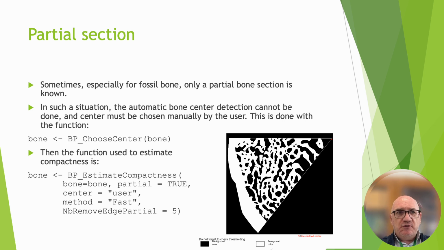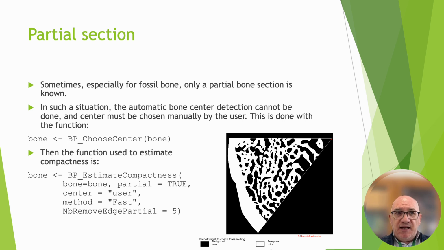In such a situation, the automatic bone center detection cannot be used, and the center must be chosen manually by the user. This is done using this function, BP choose center, and the software will wait for the user to click where the center is located. Then the function used to estimate compactness, BP estimate compactness, can be used with the same parameters as we have seen previously,